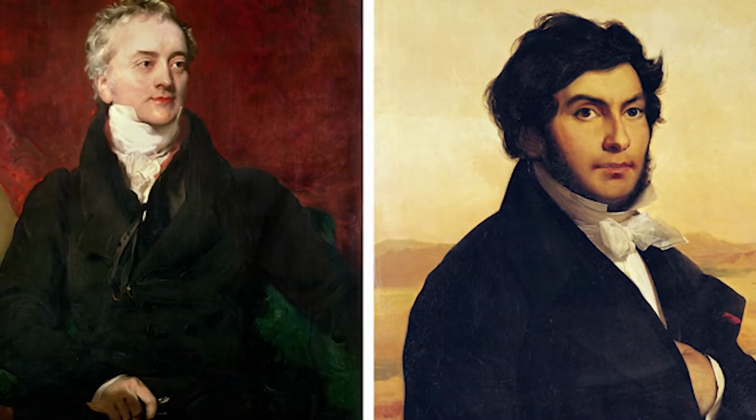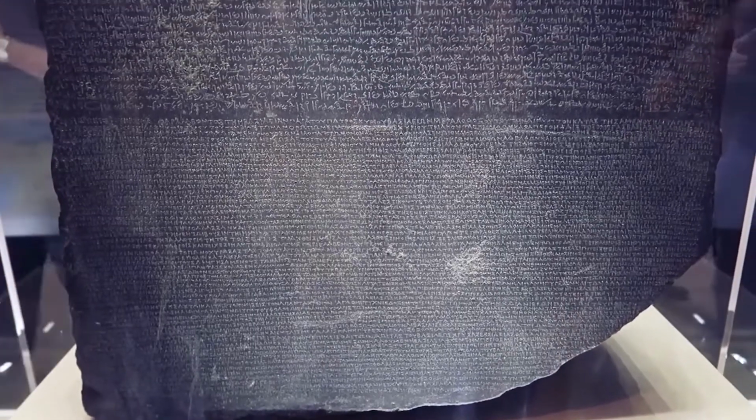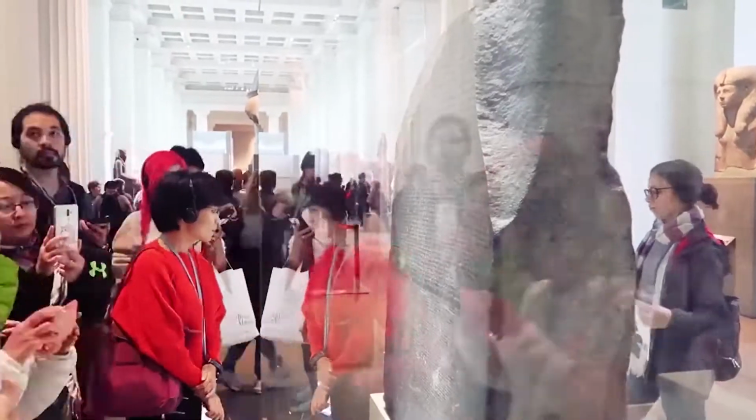Thomas Young and Jean-Francois Champollion got into a race as to who would be the first to decipher these hieroglyphics. Young was the first to understand and show that some of the hieroglyphics on the Rosetta Stone actually sounded like a royal name, the one of Ptolemy. But as luck would have it, Champollion won because he was able to confirm the hypothesis that the hieroglyphics indicated